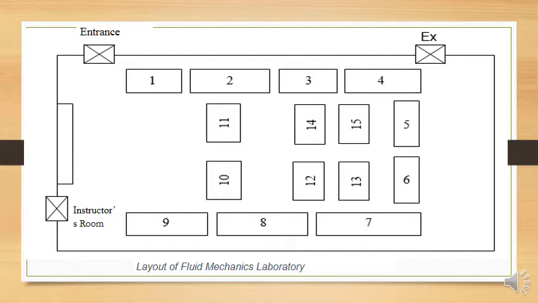This fluid mechanics lab is just in front of your survey lab. You have performed your survey, maybe one or two, both of the subjects. So the surveying and leveling lab, just in front of or beside that, you can see the fluid mechanics lab. On one side you are going to enter, and on the other side you can see the exit point. Once you enter the lab, you can see a blackboard over there.